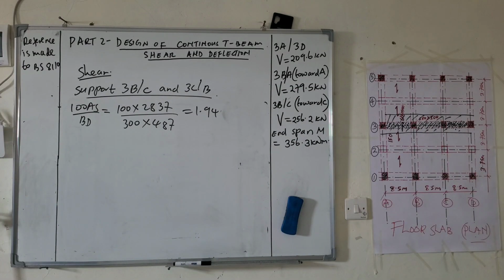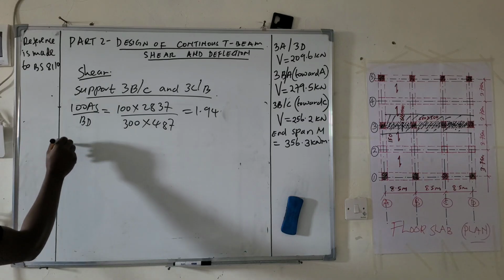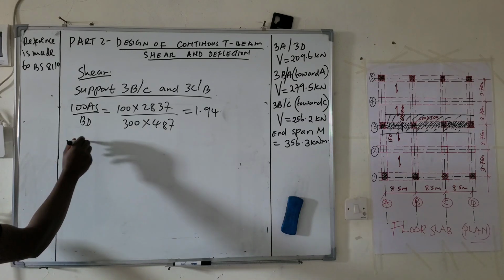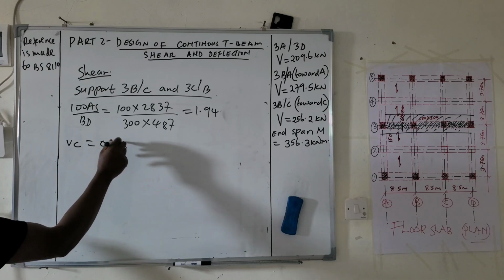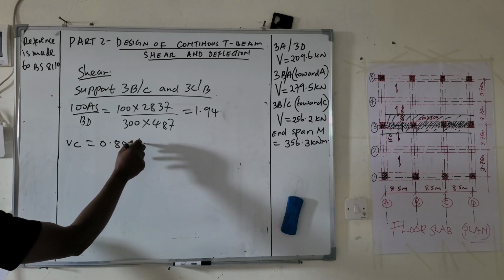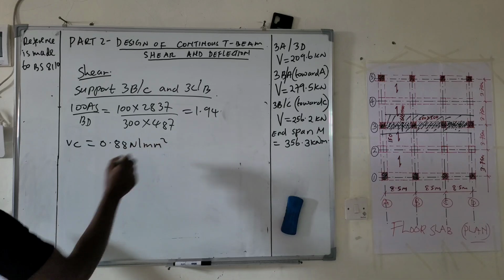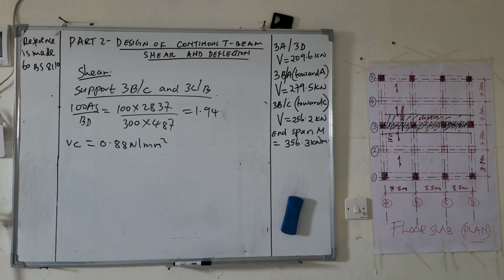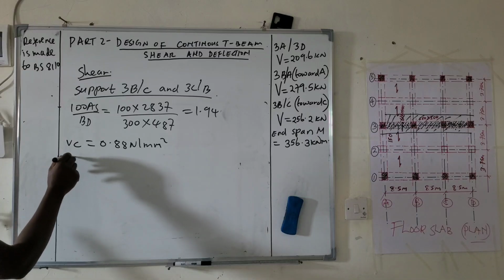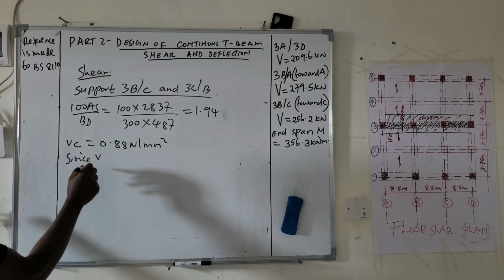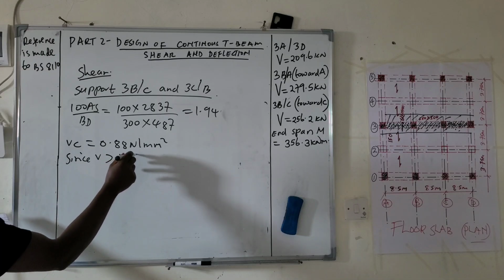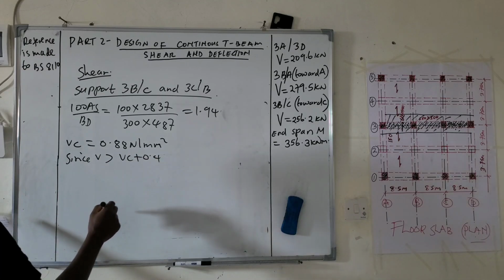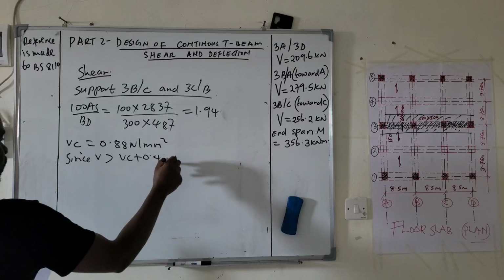So we'll just skip some calculation here and proceed to VC is equal to 0.88 Newton per millimeter square. Since V is greater than VC plus 0.4, then